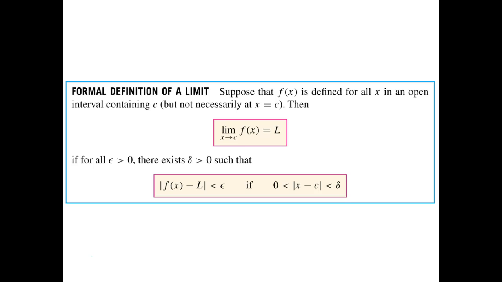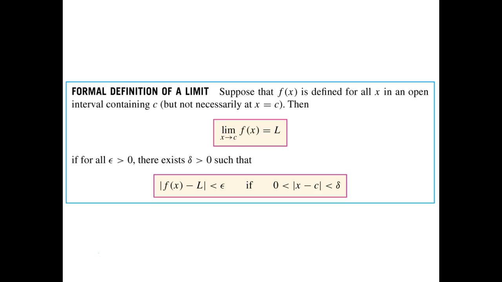That's true if for all epsilon greater than 0. In other words, choose some small value epsilon, as small as you want it to be. For all epsilon greater than 0, there exists some delta also greater than 0, such that,